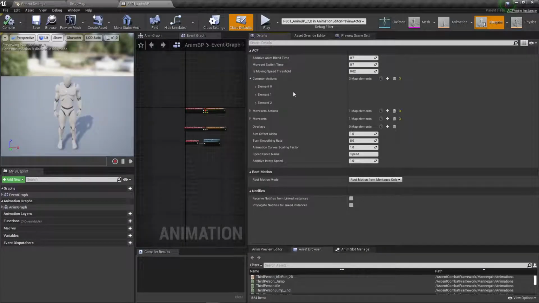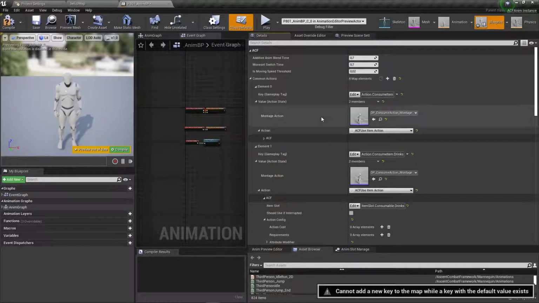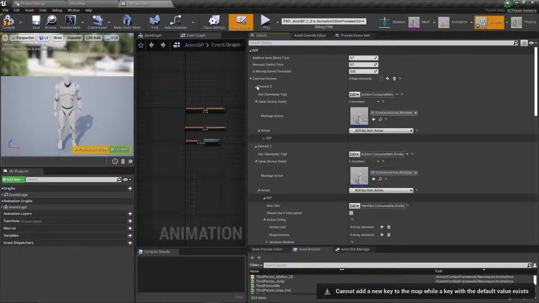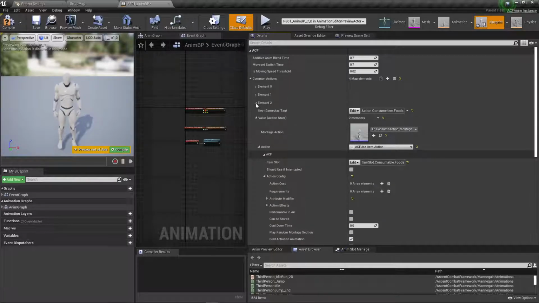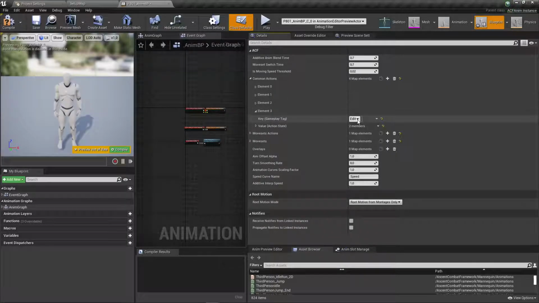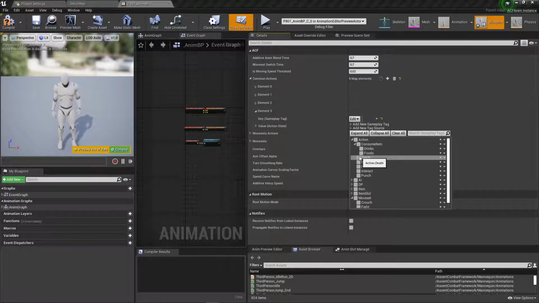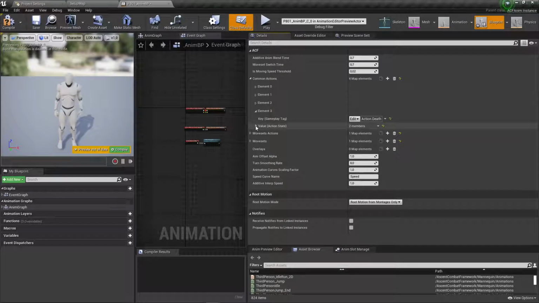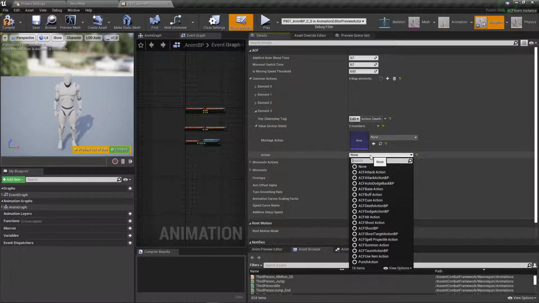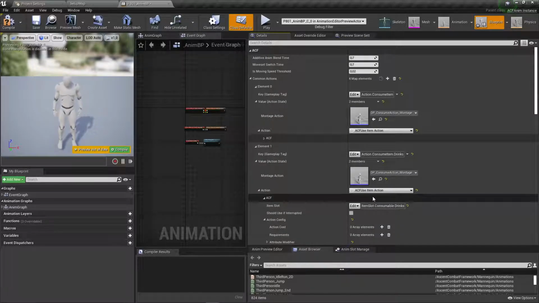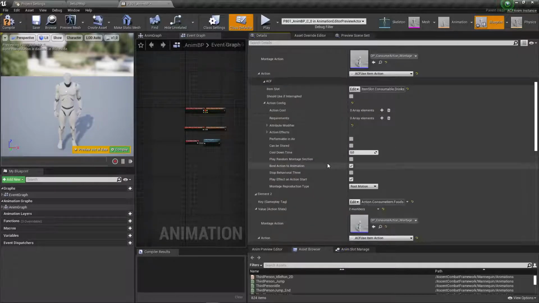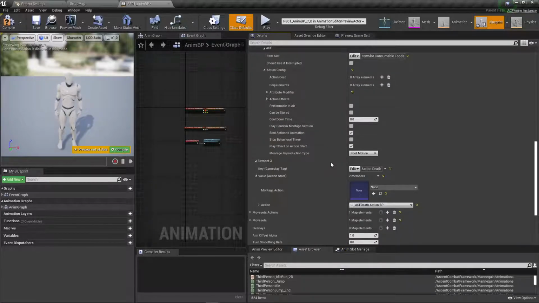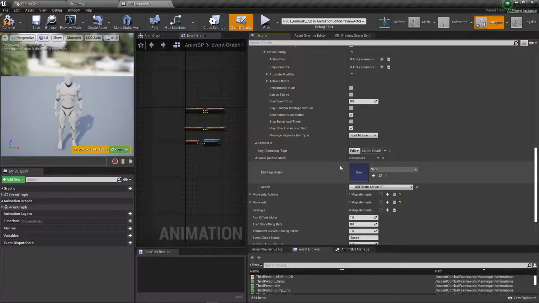Then we are interested in two more. 1, 2. Oh yeah, you cannot. You first need to set it. Okay, so this guy will be our dodge. That is the simplest one. Go over here. Set the action and the dodge action. Oh, where did he go? There he goes. And now we need to have